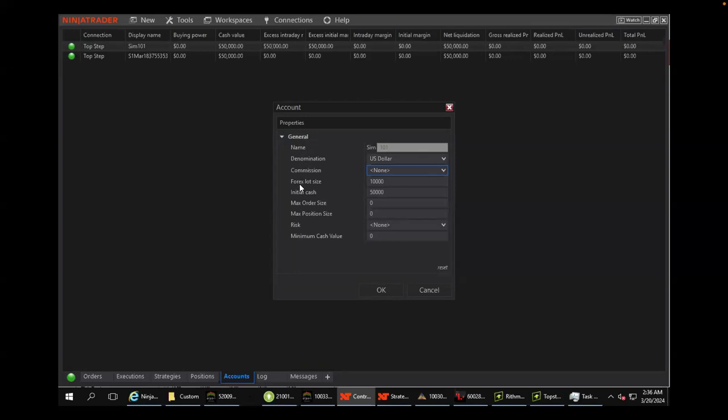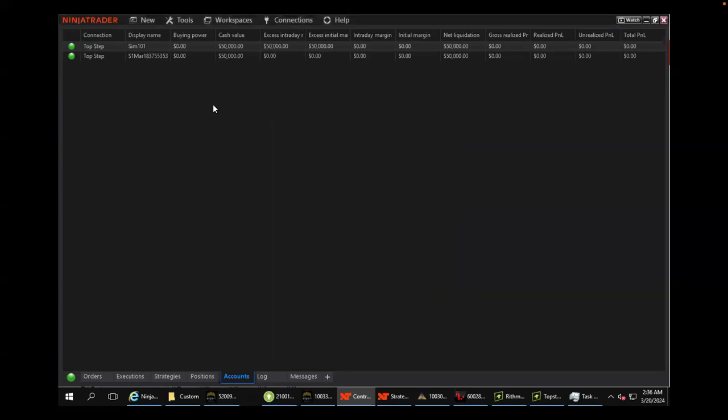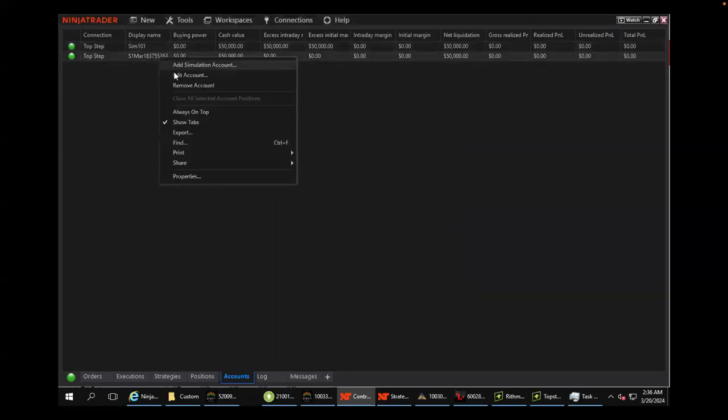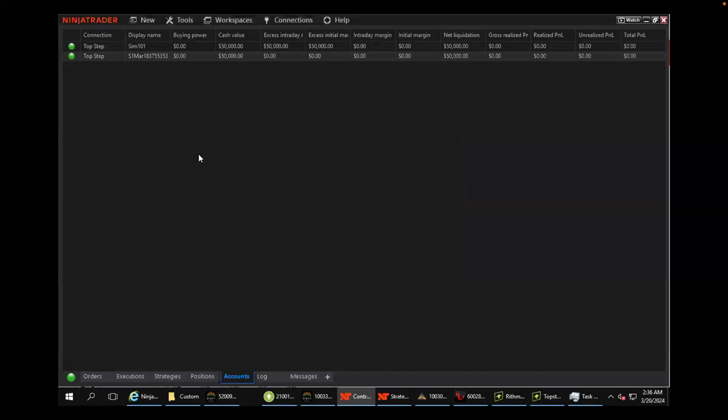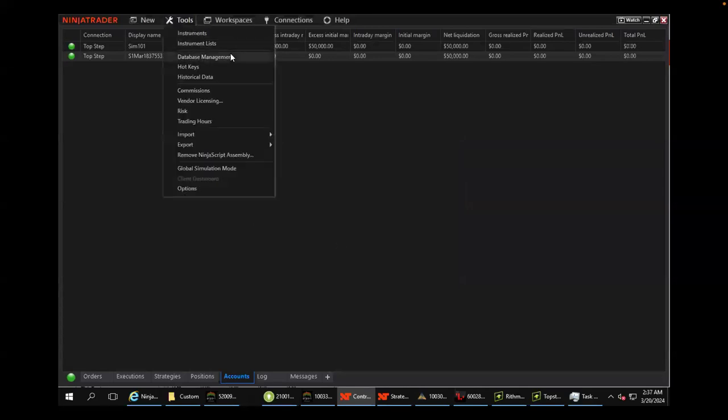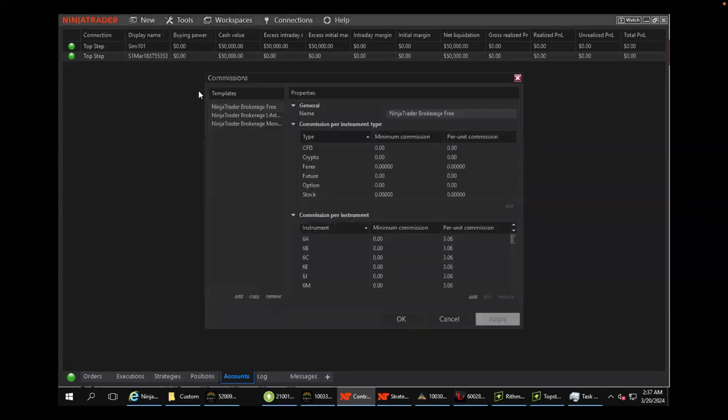So how would I use the commission that's for my Top Step account? So you need to go look up the commission rate for it, and you would need to add it in here. I think it's under tools. Yep. Okay. So you need to add it into the account first. So what you'll do is close this and go to tools, and then you'll see commissions in this drop down. You'll click on that, and